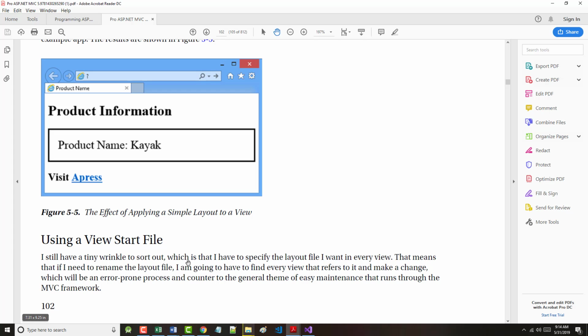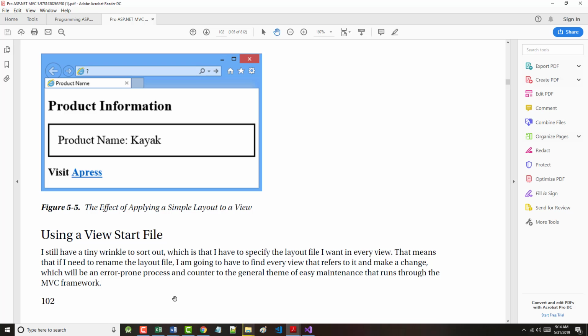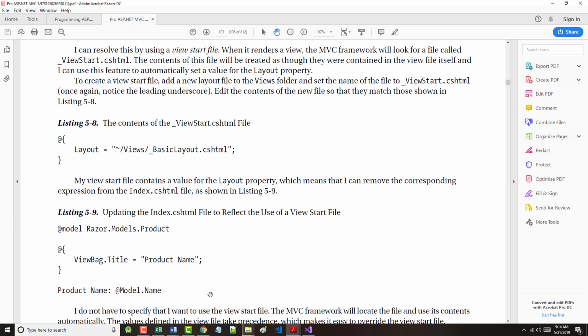All right, I have a tiny wrinkle to sort out, which is that I have to specify the layout file I want in every view. That means that if I need to rename the layout file, we'll have to change it in every view that refers to that, which can be error prone. So, turning up to page 103, as the author says here, we can make our life at least a little easier by using a view start file. When it renders a view, you can see this. MVC will look for a file called _ViewStart. And as it says, the contents of this file will be treated as though they are contained in the